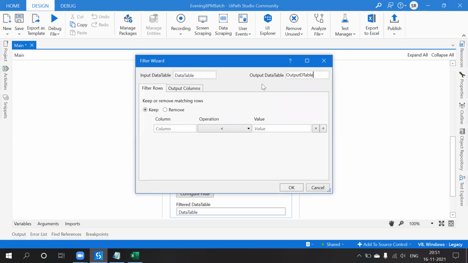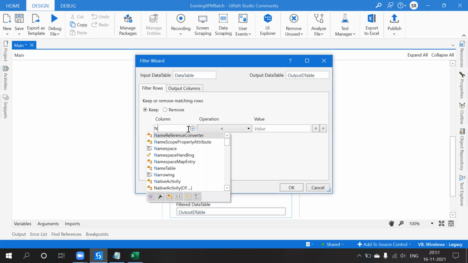Now if you want to filter the rows, in which column would you like to filter? First of all you should know what columns are available, what the column name is.